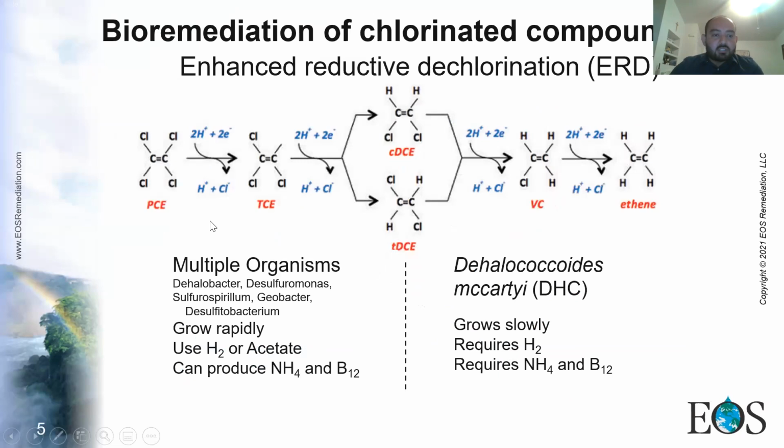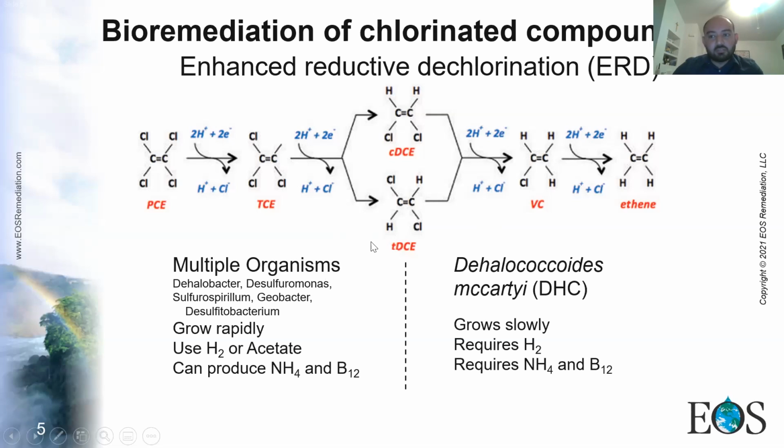The main focus is definitely, as the session implies, chlorinated compounds. In bioremediation, through a process called enhanced reductive dechlorination, the bacteria, by providing some substrates, will remove chlorine from highly chlorinated compounds such as PCE or TCE, and in the end generate non-toxic compounds such as ethene. We can see this process as separated in two stages, where from PCE to DCE there